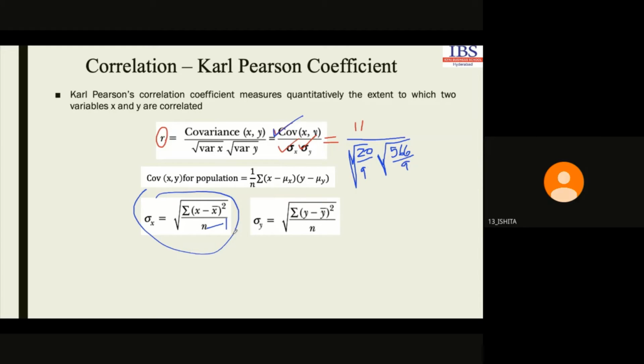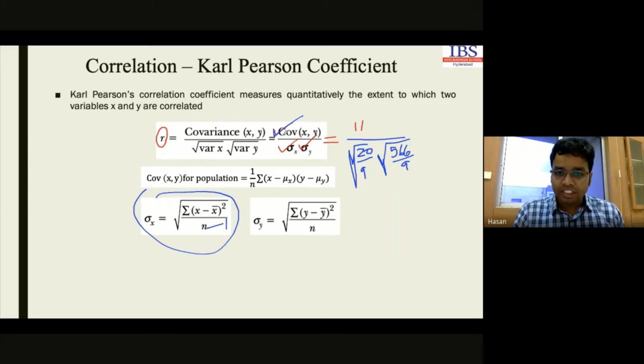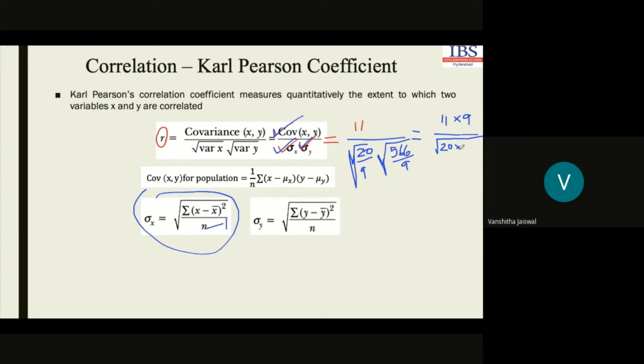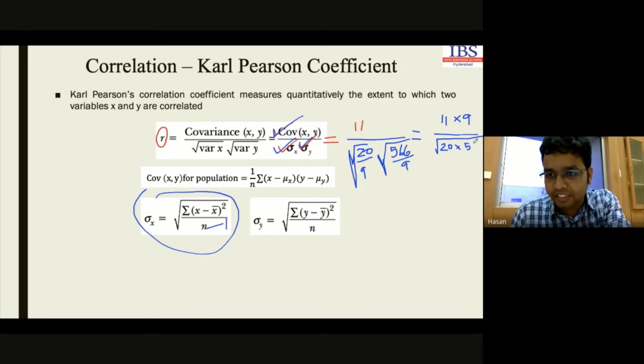Yes, sir. Okay, now we know the covariance of xy, this value is there, and the standard deviation of x is there with us, the standard deviation of y is there. So every piece of information is known to us now, so we can easily get the value of the correlation coefficient here. Now solve it and tell me what the value will be. Are you solving? Yes, sir. So there is no difficulty in this part, right? It is very easy.